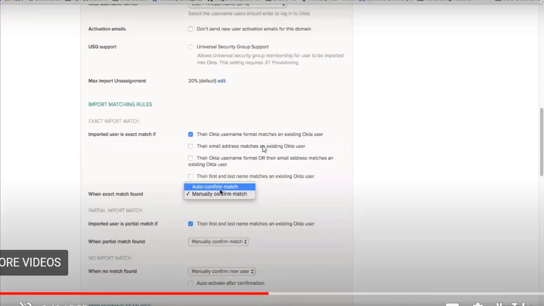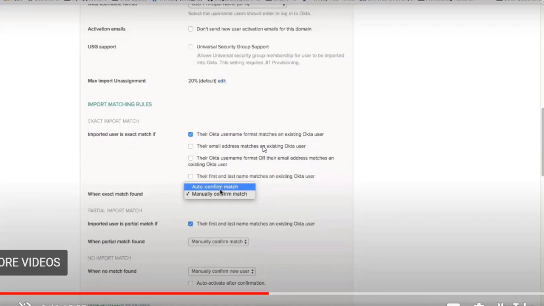Even in India, for North Indians, most of the people will have some common name, like Gupta. Since a common name will be used mostly, we will avoid that. Mostly we will go with the email address match, because the email address will always be unique for all the organization. Each and every user will have a different email. Based on the email ID, we can match or merge the users.